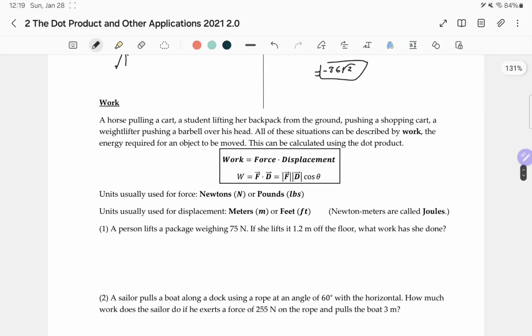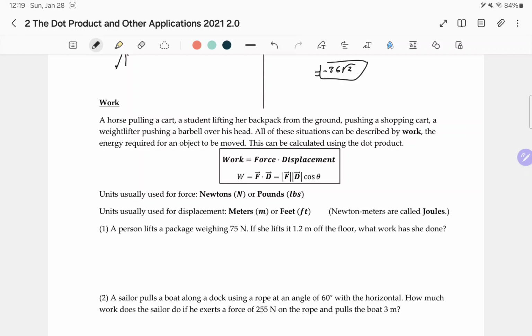Anyway, the next thing that we need to notice is work. Work is pretty important, and it's very important in physics. So if you ever want to take that class, this will be a great head start on how to get used to that. A horse is pulling a cart, a student lifting her backpack from the ground,